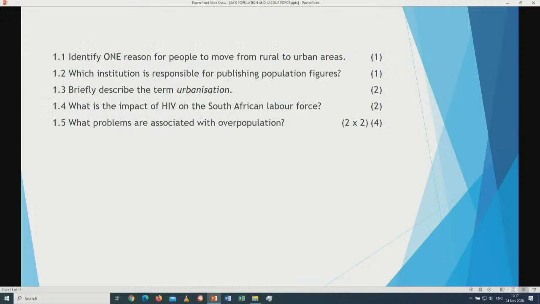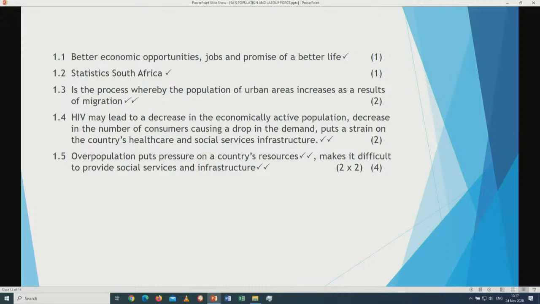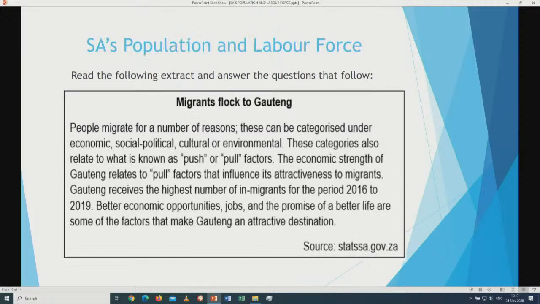And then the last question says, what problems are associated with overpopulation? Overpopulation is undesirable because of the following reason: it puts pressure on a country's resources and it makes it difficult for the government to provide social services as well as infrastructure. Okay, so you see now how we answer a data response question. You must always be relevant and you must always know your concept for you to be able to answer questions like this. This question carries about 10 marks, and in one question of your section